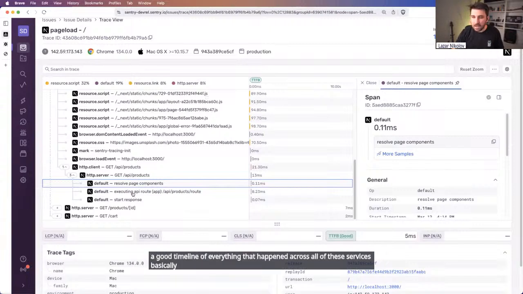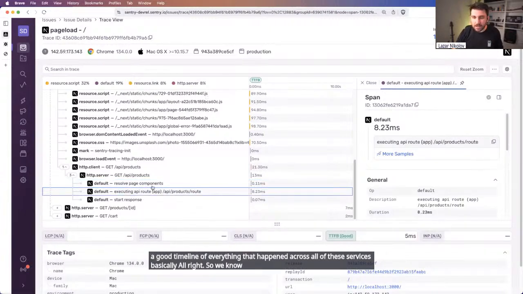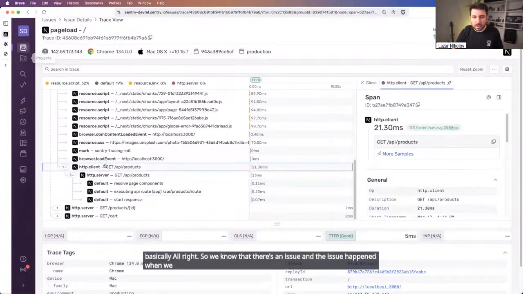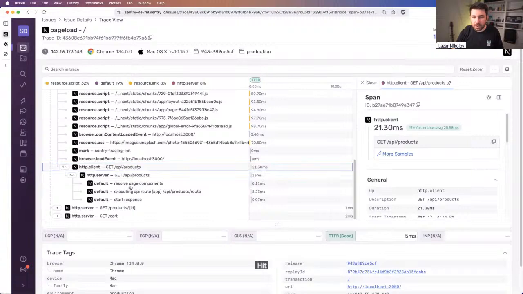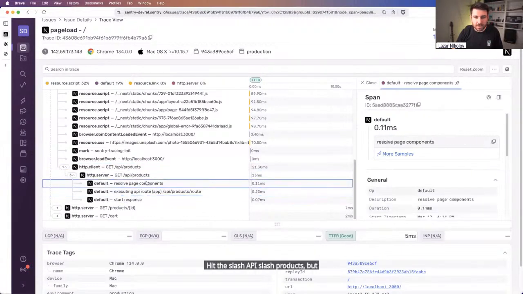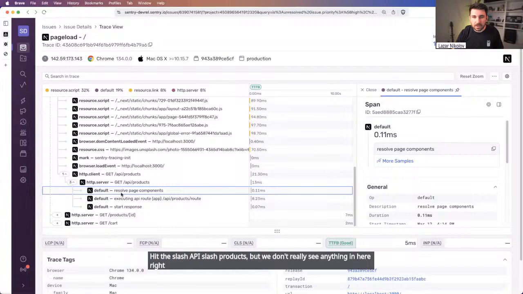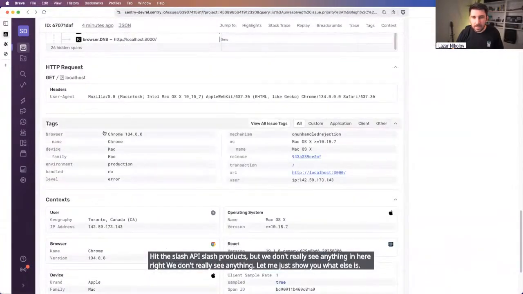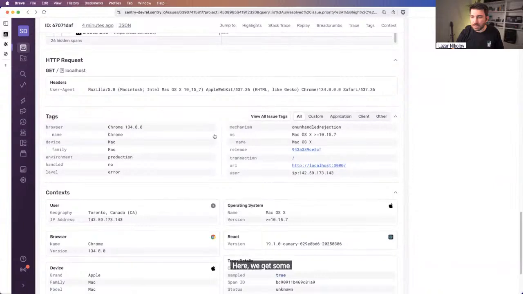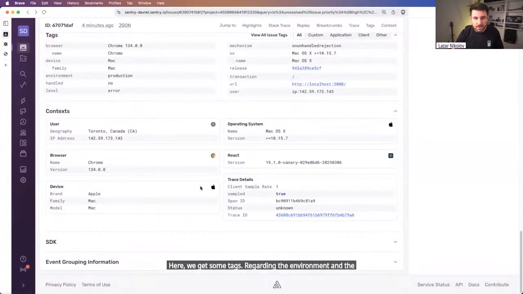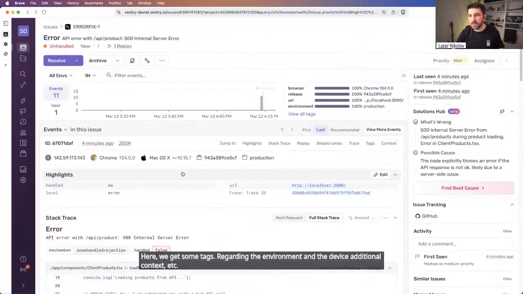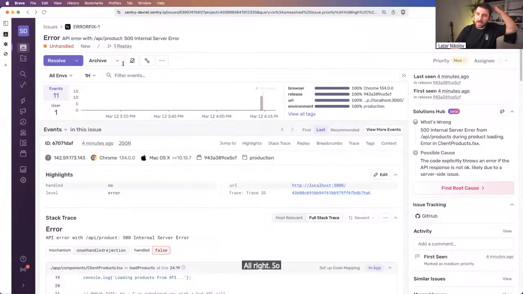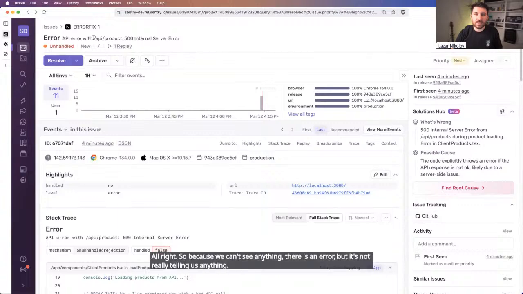All right, so we know that there's an issue, and the issue happened when we hit the /API/products, but we don't really see anything in here, right? Let me just show you what else is here. We get some tags regarding the environment and the device, additional context, etc. All right, so because we can't see anything, there's an error, but it's not really telling us anything. It just tells us that something happened in